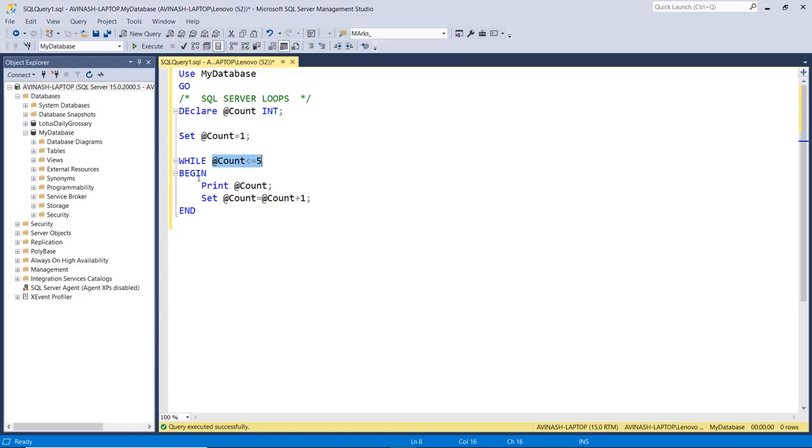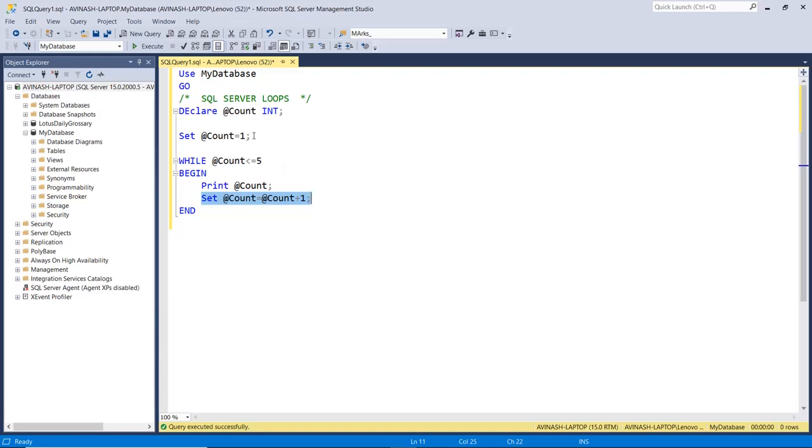If true, then we'll execute this statement block, begin end. So you can have multiple statements within this block. First of all, we are printing the count number, then we are increasing the counter value.